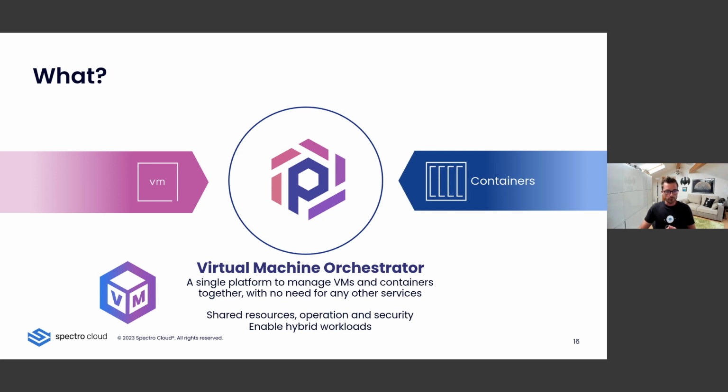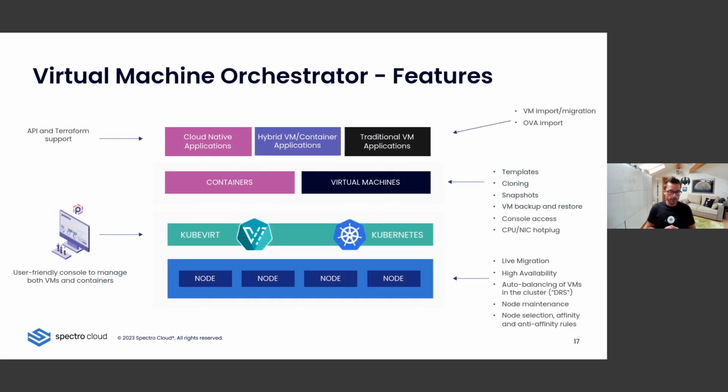In terms of feature, I don't have the complete list, but those are the main ones. That's the most compelling one, the ones that people are usually looking for. So first, which is not represented on that slide, is that the VMO is available as an add-on profile. So it means that you have it as a pack that is available out of the box, and you can create an add-on profile for your clusters.